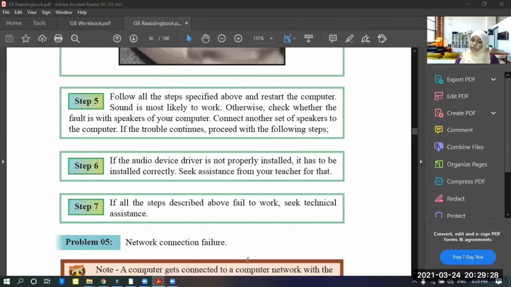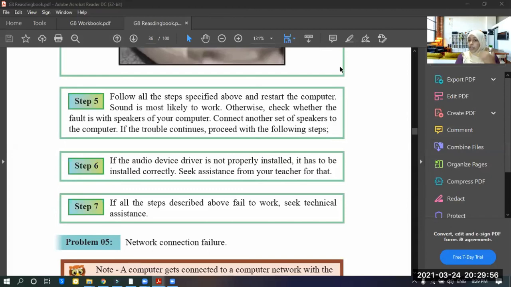Now understood? If yes, put a yes. It is an introduction. We should introduce the speaker to the computer. So audio device drivers should be installed in the computer. We should introduce the printer to the computer. So the printer device driver should be installed on the computer. That is the device driver.